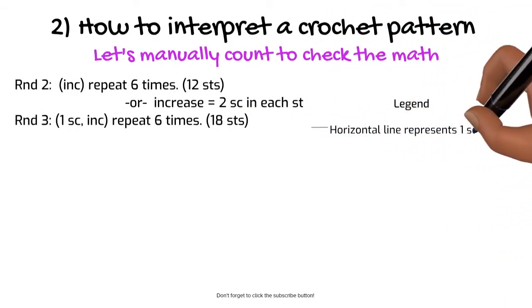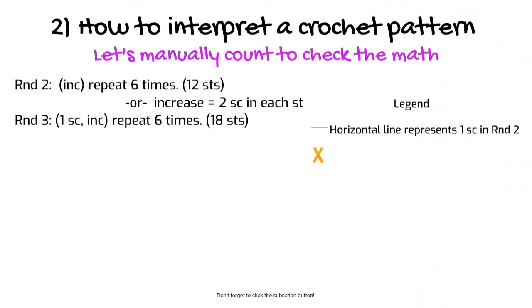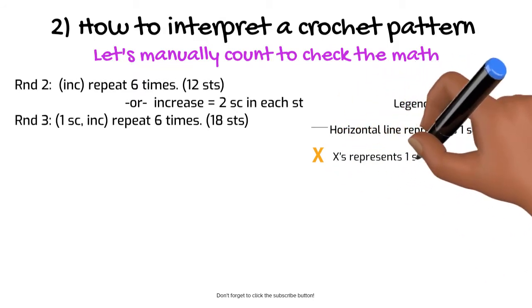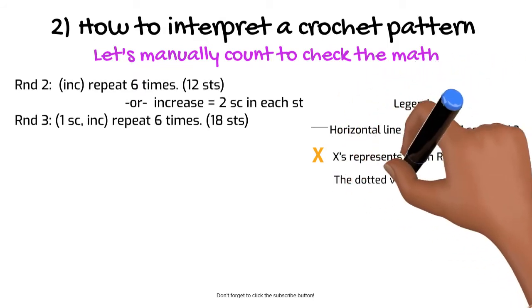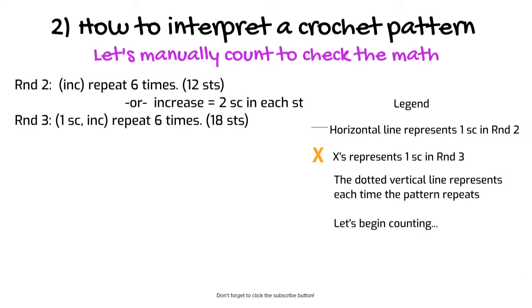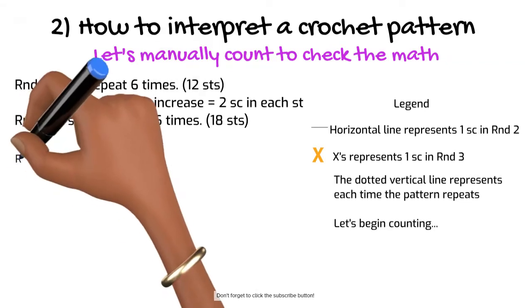The legend here says the horizontal line represents 1 single crochet in round 2, the orange X represents 1 single crochet in round 3, and the dotted line represents each time the pattern repeats. So let's begin counting. So for round 2,